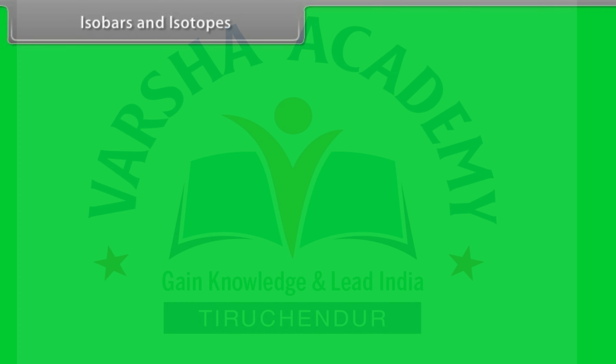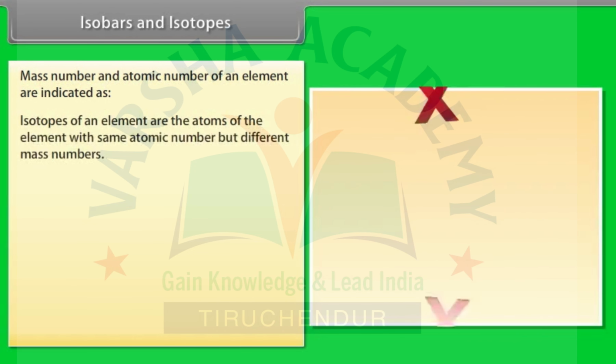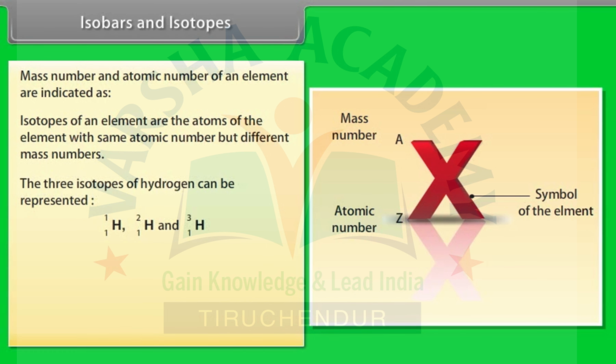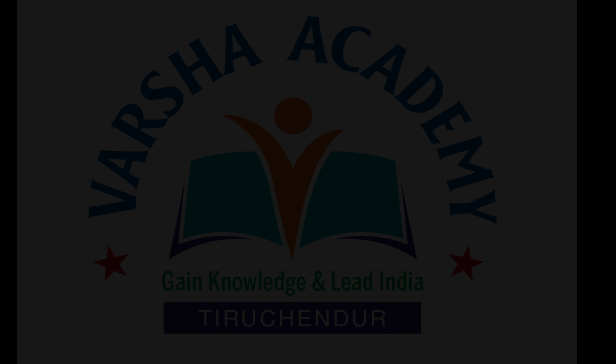Isobars and isotopes. Mass number and atomic number of an element are indicated. Isotopes of an element are the atoms of the element with the same atomic number but different mass numbers. The three isotopes of hydrogen can be represented. The atoms of different elements which have the same mass number are called isobars. For example,